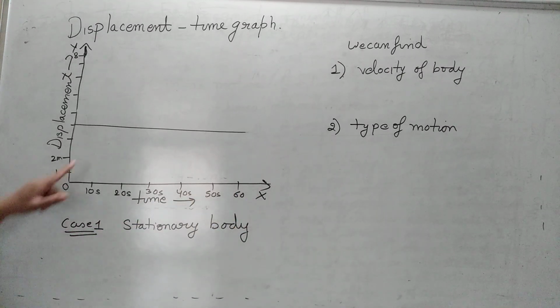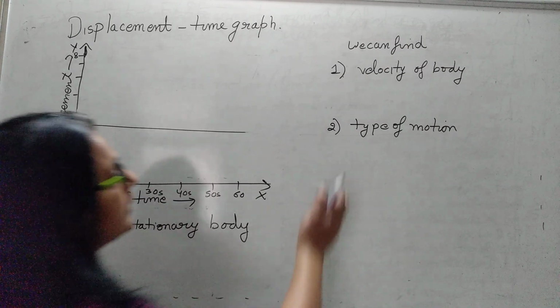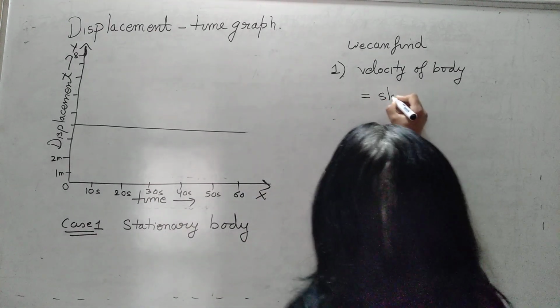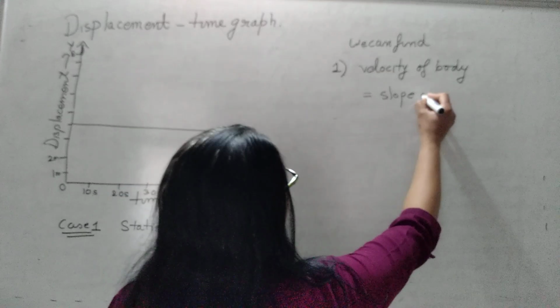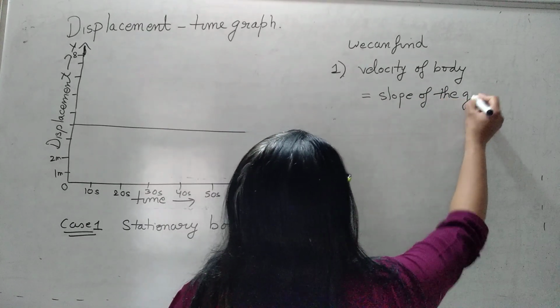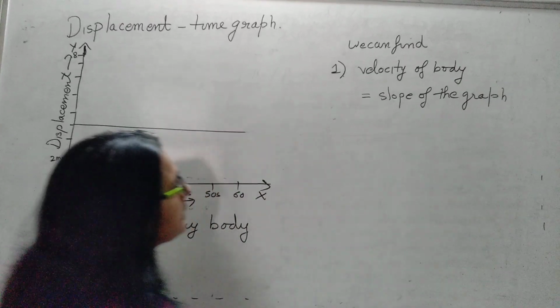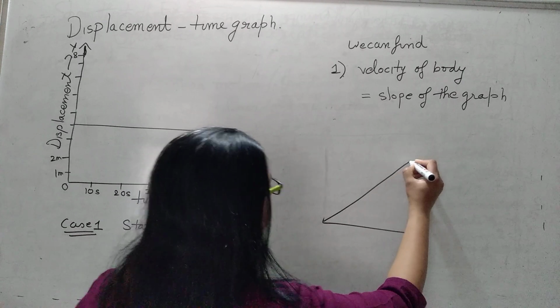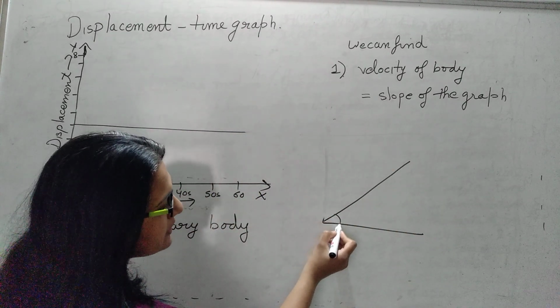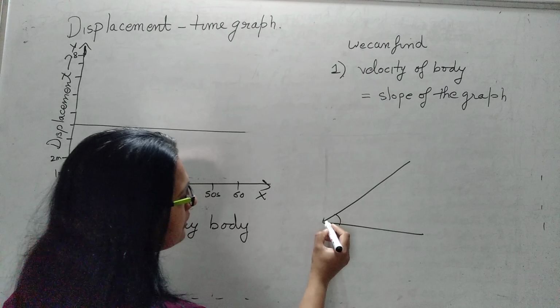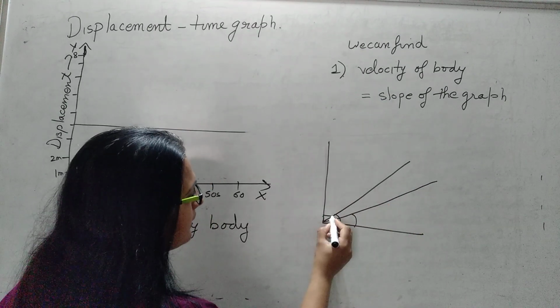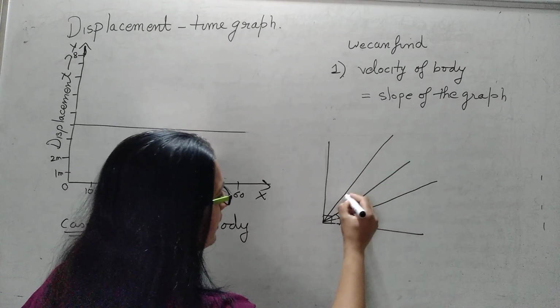Next comes the question, what is the velocity of the body? अब velocity कैसे find out करते हैं? From the displacement time graph, velocity is always obtained from the slope of the graph. What is meant by slope? Slope का मतलब होता है, suppose ये line है, how much angle this line is making with the horizontal. जैसे हम ये लाइन बना लें, इसने 90 डिग्री बनाया.